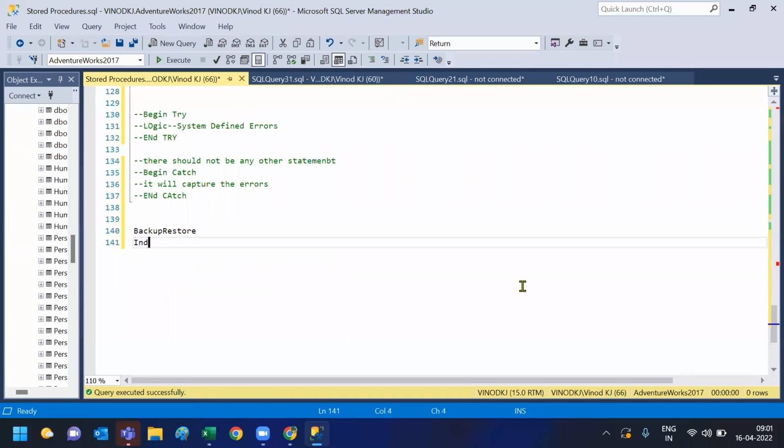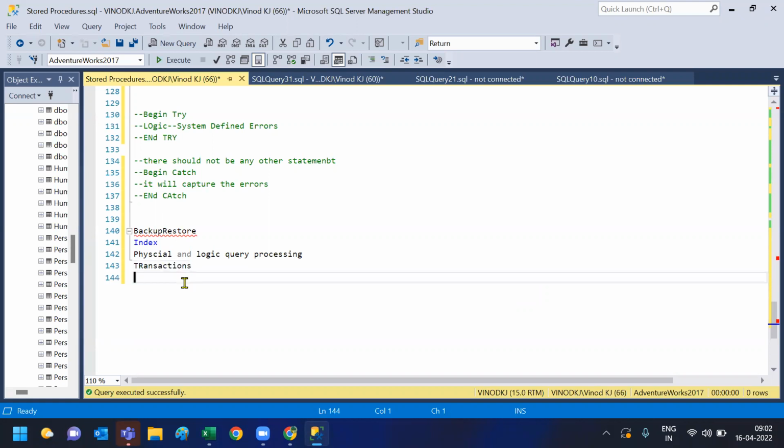And then he'll go for indexes, then physical and logical query processing. I told you some of the joins: merge join, hash join, nested loop join. Those things he'll discuss, and indexes also he'll discuss, and then transactions, and then isolation levels, and then performance tuning,